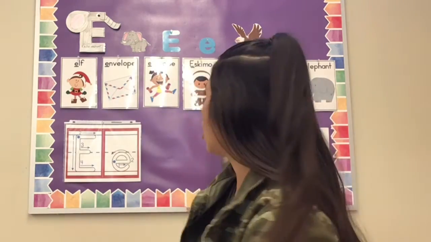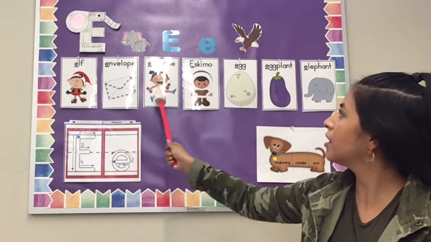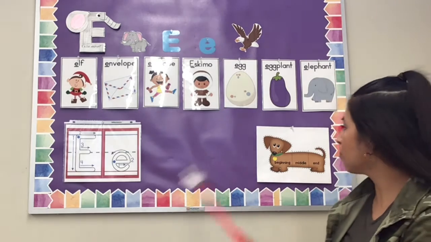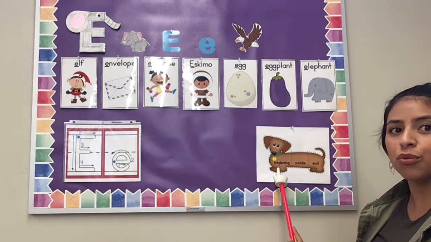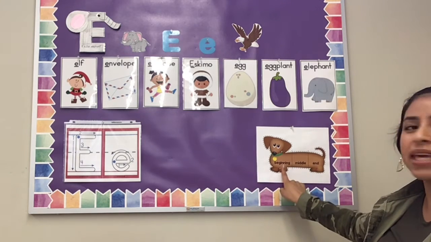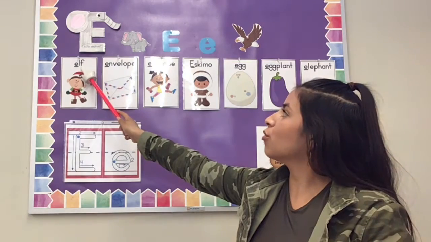What does it mean when things begin with E? That is when they start with the letter E. So if you take a look at the top of my board, you will see that I have a couple of items up here that begin with the letter E. They begin with it, which means they are at the front of the word. This is our sound hound dog, and he is telling us that the beginning sound is in the front of the word. So if you look at the word elf,